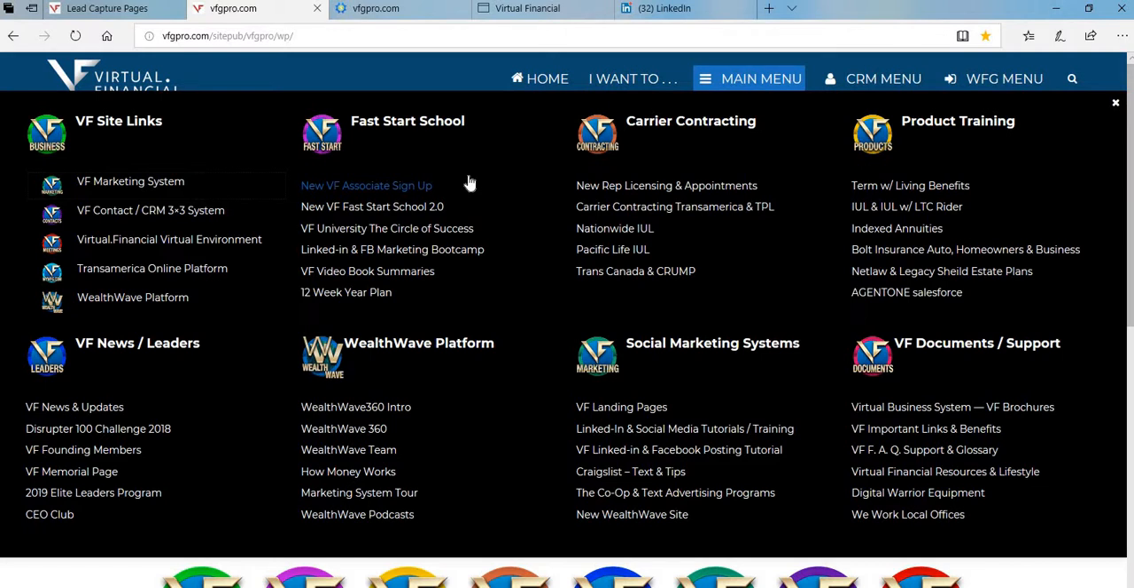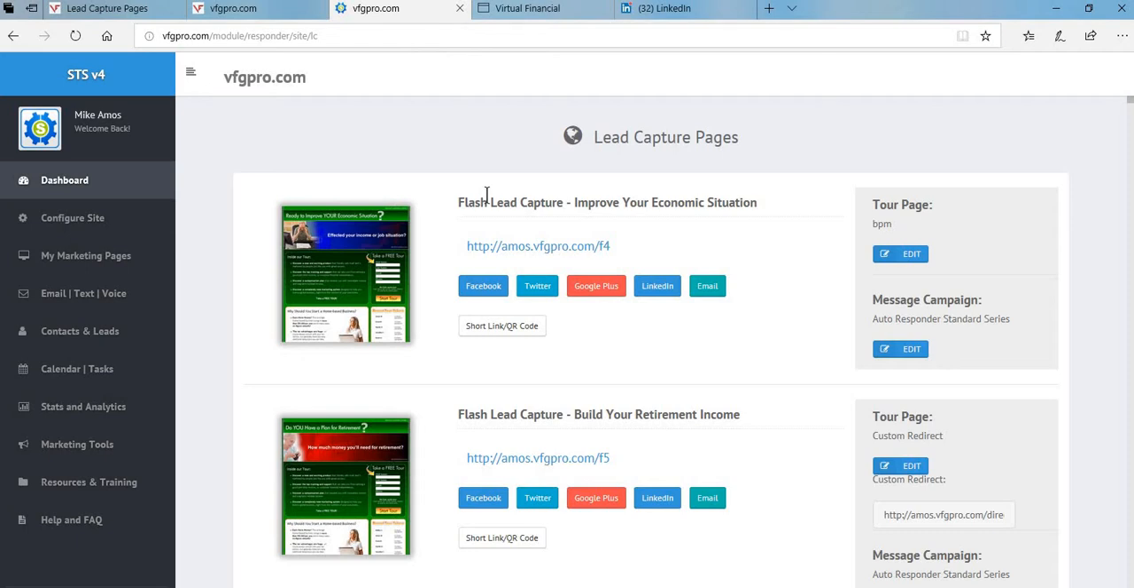Now from here, we always talk about you can navigate through a lot of parts of virtual financial from this main menu. The one that I was going to show you today is the VF marketing system. When you click on this, it's going to take you to your back-end marketing system. And from here, you can see this left-hand ledger will allow you to navigate through the entire system. A couple things that you want to make sure that you're aware of is on the configure site right here,